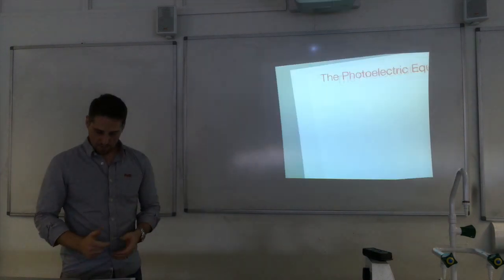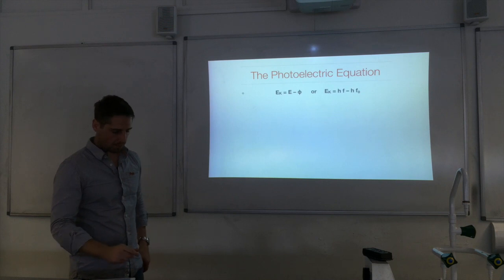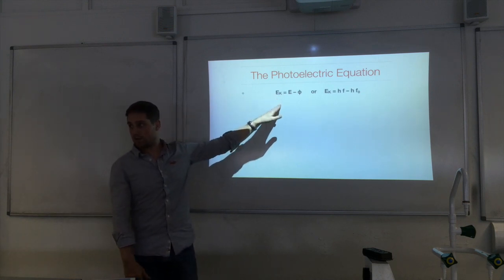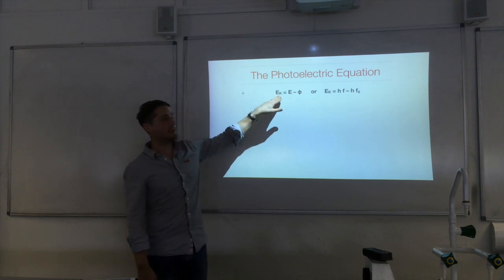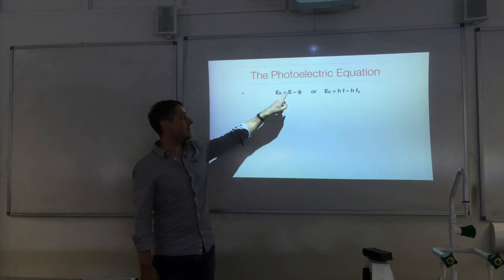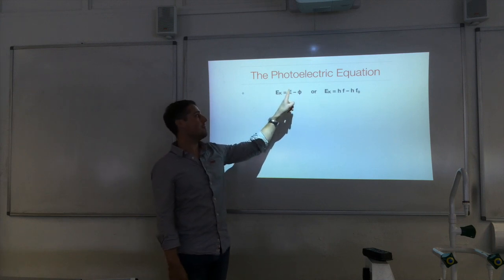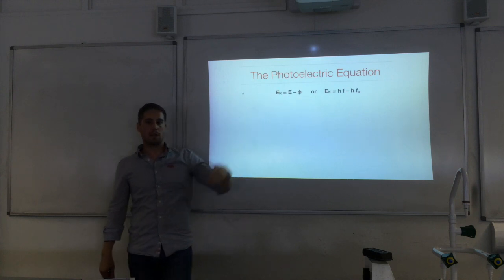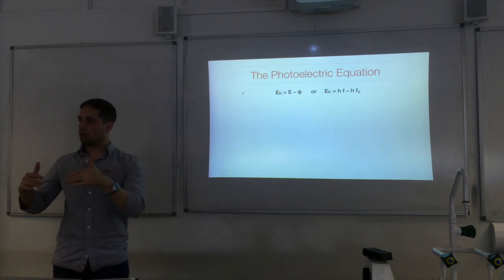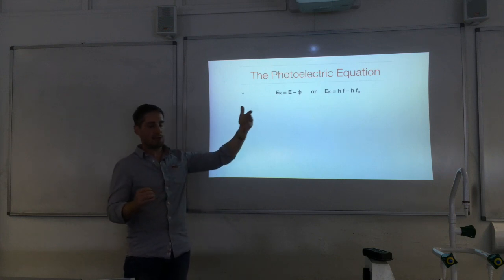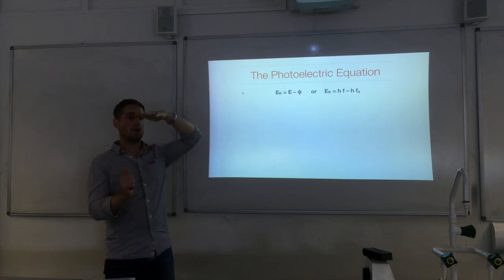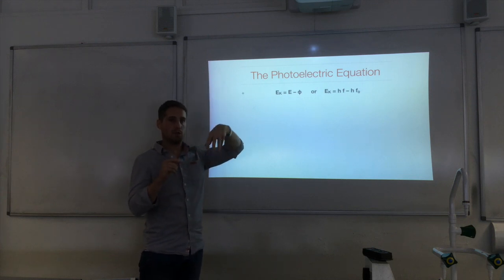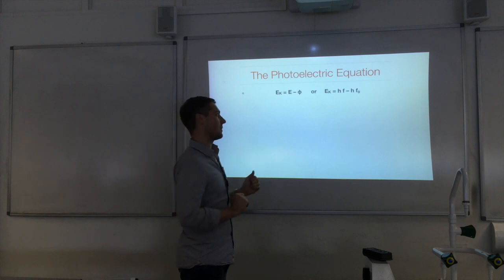Which leads me to talk about the photoelectric equation. So the kinetic energy, I should say this is the maximum kinetic energy. The maximum kinetic energy that an electron can gain is the energy of the photon minus the work function. So the difference between them goes into the kinetic energy. Now, not all electrons require exactly the same amount of energy to escape the metal surface. Those right at the edge of the surface will require less energy than the electrons below the surface. So